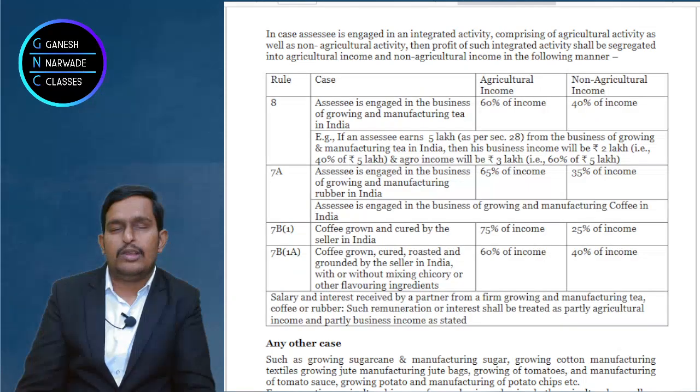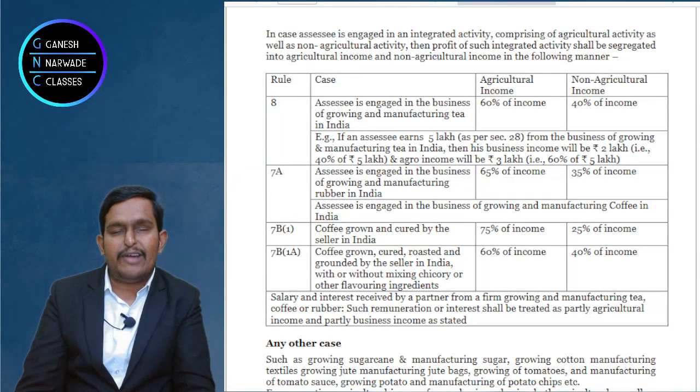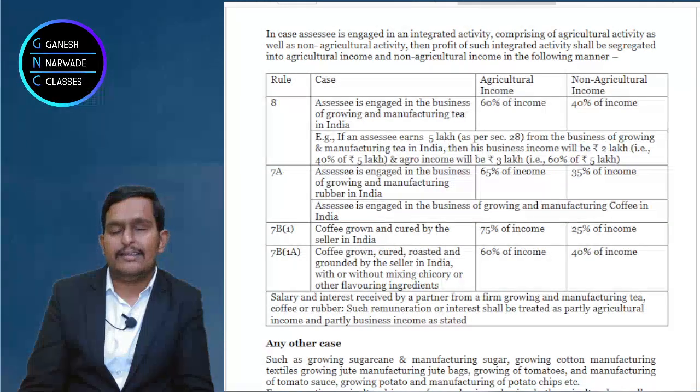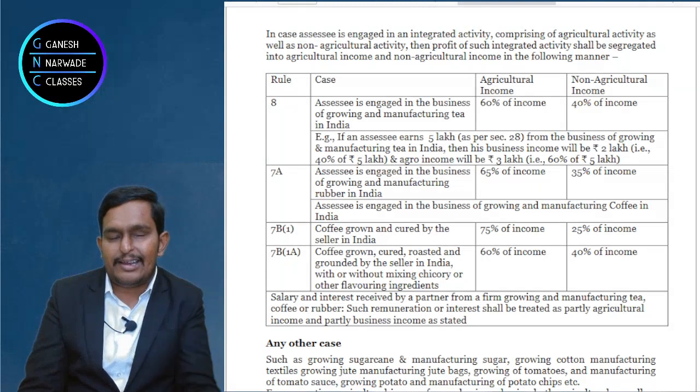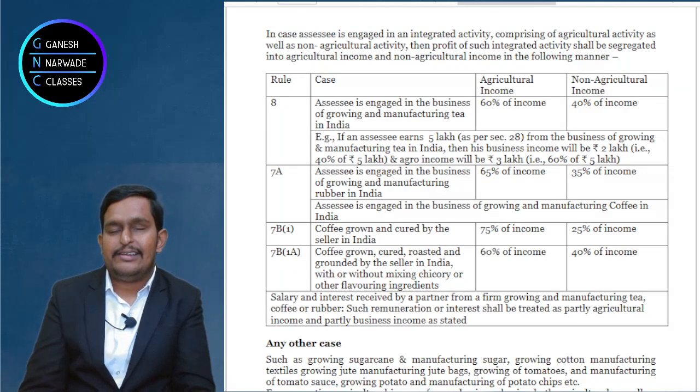If you are into rule 7B subsection 1, you are growing and curing coffee. Only these two activities you are doing, growing and curing coffee. Then 75% is agricultural and 25% is non-agricultural income. Now, if rule 7B sub rule 1A,